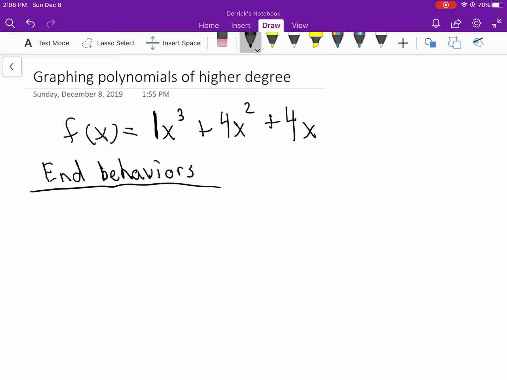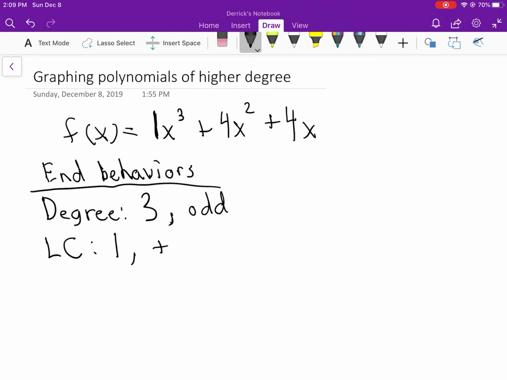As you will know from watching those past notes or looking at the ones that you have, you need to know your degree and you need to know your leading coefficient in order to be able to figure out your end behaviors. Degree is the highest exponent that we have on our variable. In this case, that would be 3, which is an odd number, since as you'll remember, the only thing we care about the degree for is if it's even or odd. Leading coefficient then needs to be the number in front of the x to the third, which would be this usually invisible 1 that I went ahead and marked out here, which means we have a positive